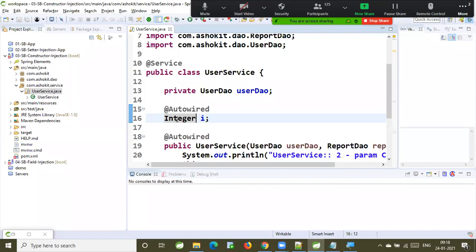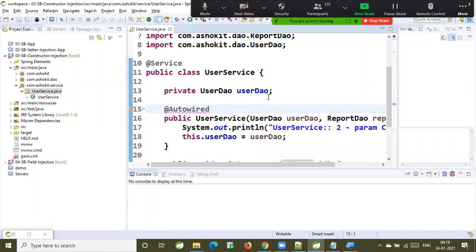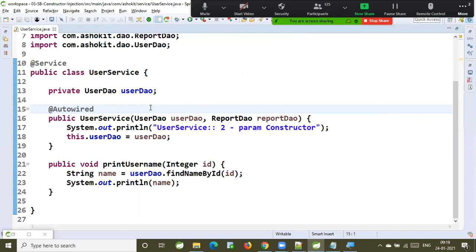Sir, one question. Suppose there is a UserDAO class, and we don't have a direct implementation of the UserDAO class, but there is a class extending the UserDAO class. So will that extended class get injected? Exactly. Not an interface. UserDAO is a class, and